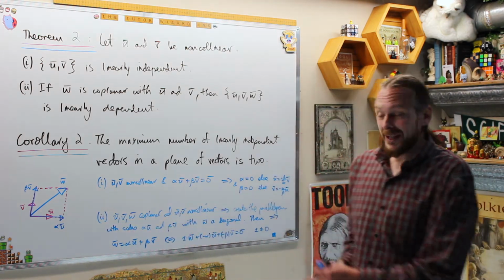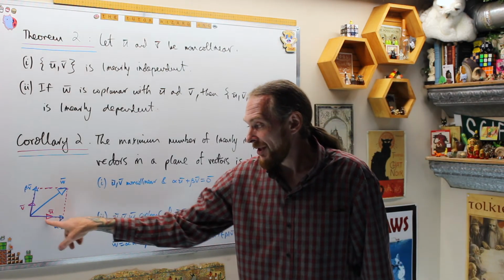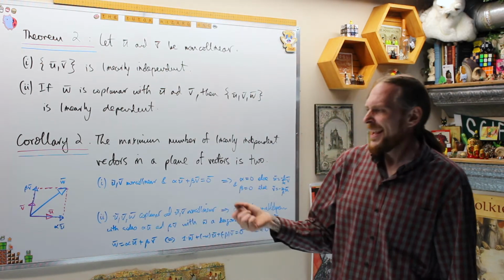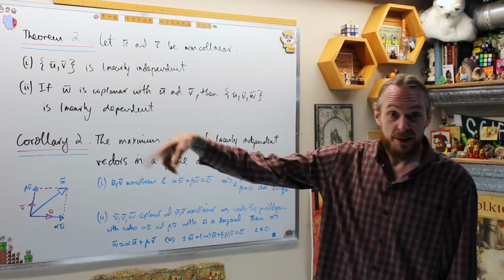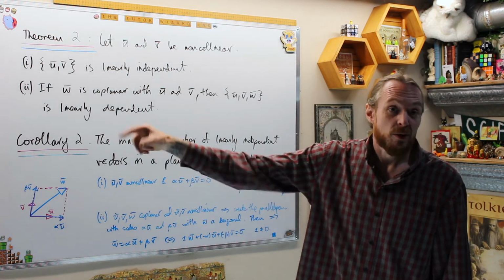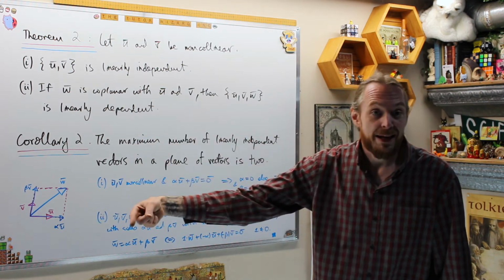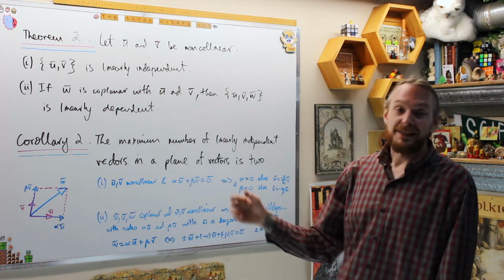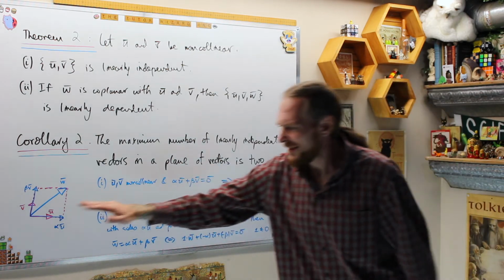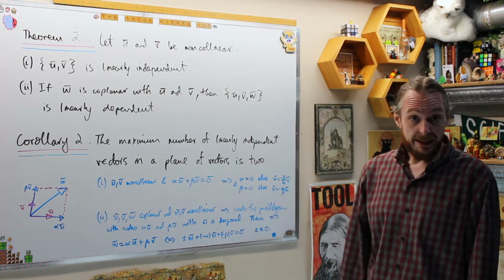Condition 2 is a little more tricky, but here's the picture essentially. I have u and I have v. And say, first of all, there's a caveat. If w is collinear with either u or v, then you can just use that single multiple and then use a 0 coefficient for the other one, and they're automatically linearly dependent. But assuming w is in some general direction which is not collinear with u or v in the plane, then